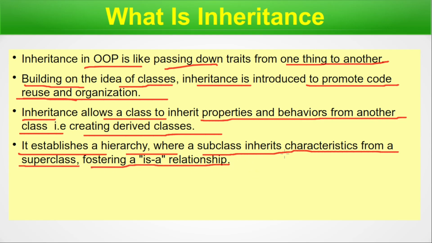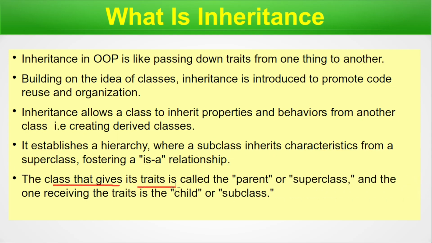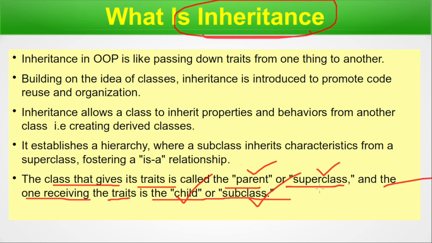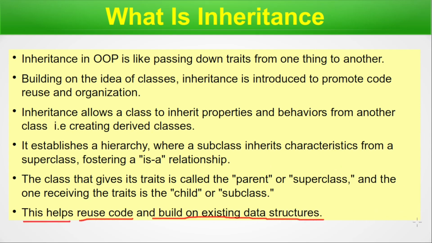This is how inheritance comes from one class to another. Generally, there will be a superclass from which we define a subclass, and the subclass will inherit some of the qualities of the superclass, not all of the qualities. It depends upon the coding and what you are allowing to be inherited. The class that gives its traits is called the parent or superclass, and the one which is receiving the traits, the attributes or the qualities, is called the child or subclass. So a parent class or superclass hands over some of the inheritance to the child or subclass. This helps in reuse of the code and building on existing data